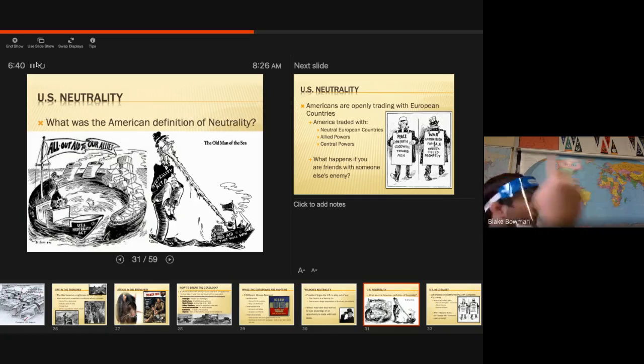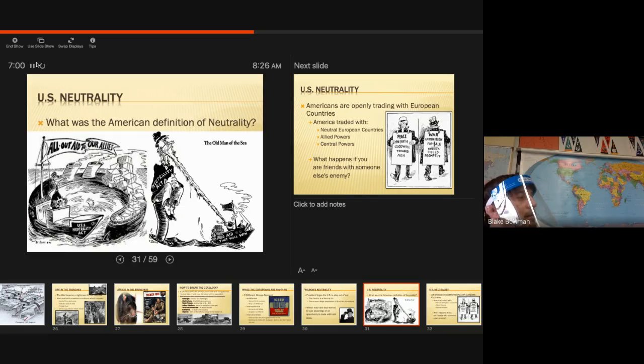Although, like you said, we're going in circles, right? This Neutrality Act is really preventing the United States from getting involved. Okay, good. All right, what about the one to the right? Very similar propaganda piece. What do we have here? Autumn, what do you think for this one on the right here?